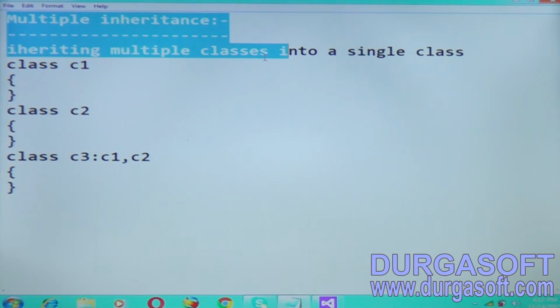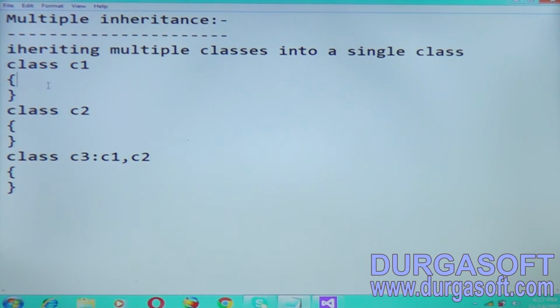This can be achieved by the interface concept in C#.NET. Class C1 and C2 can be given to class C3 here.